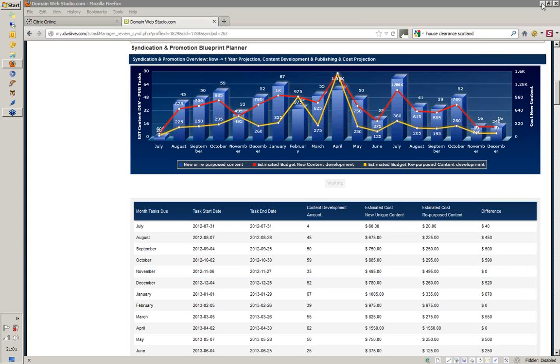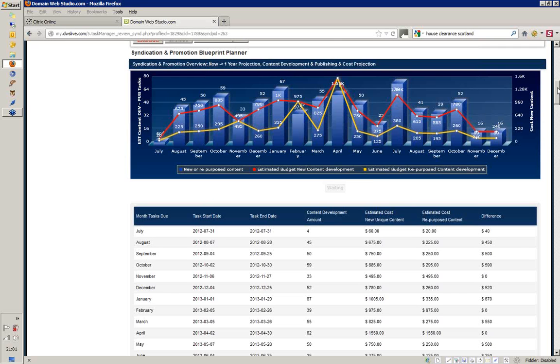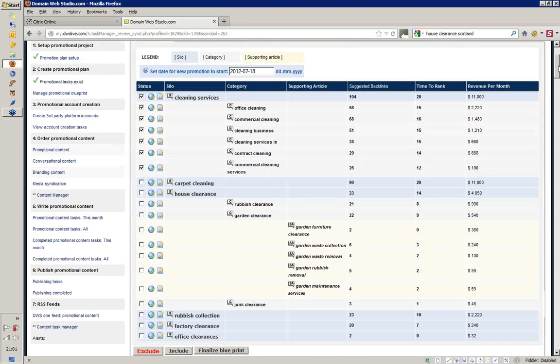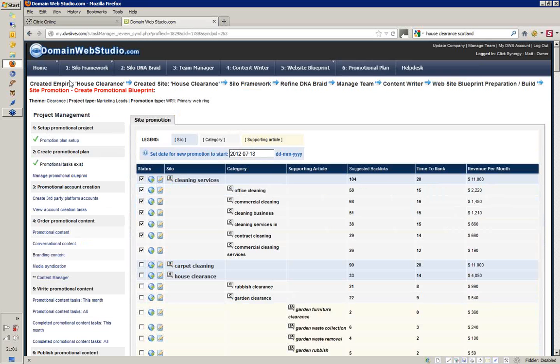This feature is very, very powerful, and I really love the screen a lot. So I'm going to scroll up slightly and just show you what's happened. At the moment, we're at the end of the process, step 6. And what I'll do is hop to the beginning and talk you through this website I built out yesterday